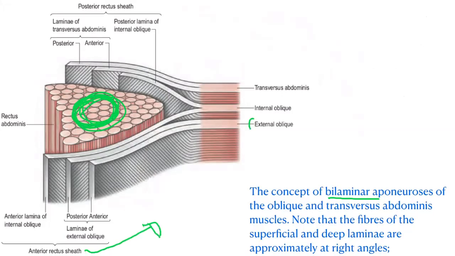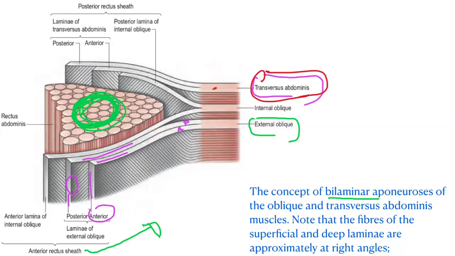You see, external oblique, right? External oblique is giving anterior and posterior leaves, right? You see, this is the anterior one and this is the posterior one. So both anterior and posterior ones participate in the formation of the anterior wall of the rectus sheath. Whereas this is the transverse abdominis, right? I will use red, transverse abdominis. Transverse abdominis muscle has anterior and posterior leaves. You see, the posterior one, this is the anterior one, this one, forming the posterior wall of rectus sheath.